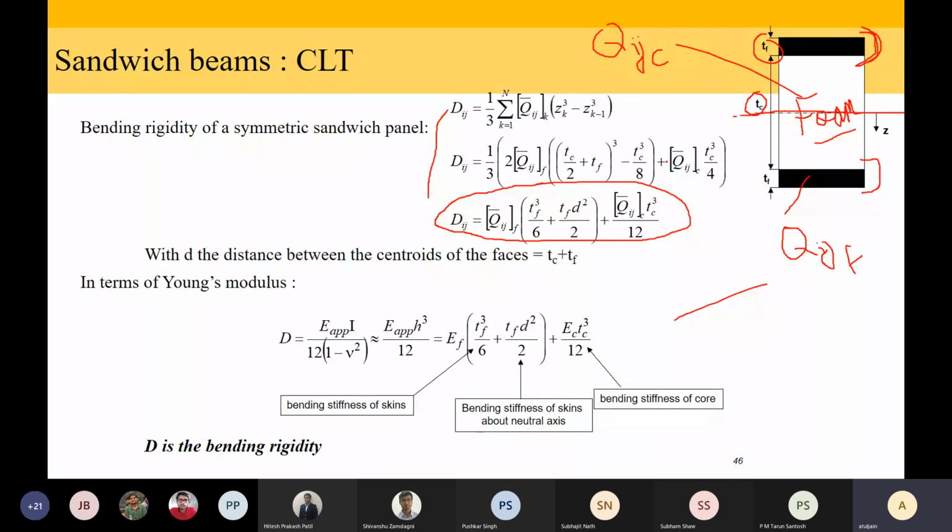As a part of this course, one of the most elementary things that you will be expected to know is how to calculate the A, B and D matrices if the laminate sequence is given to you. That is the bare minimum, a very basic thing that will be expected from you, not only by us, but if you go for a PhD or if you go for a job somewhere and they want analysis of composite materials, the first thing you probably will do is calculate the ABD matrix. Please make sure you know how to do it correctly and efficiently.